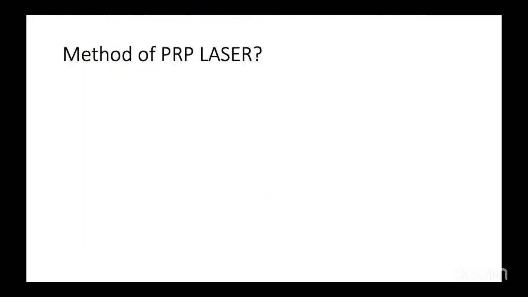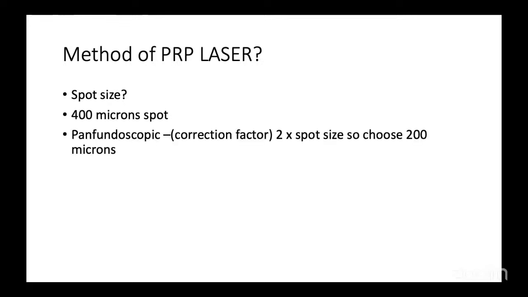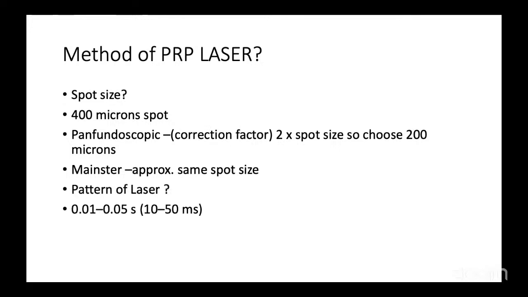So the methods of PRP laser: spot size, as Dr. Loin said, 400 microns. The correction factor is 2 in the case of pan-fundoscopic. Mainster is approximately the same as the spot size on the laser console. And the pattern of laser,